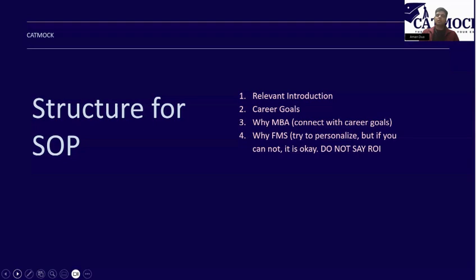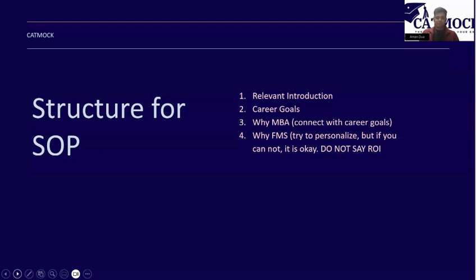Right. Also, remember, your SOP is the first thing that the professor is ever going to read. And if the professor reads this SOP and thinks, okay, this is not the person whose answer sheet I want to check, you're not going to clear that interview, right? That's just one way to tell you how important your SOP is.